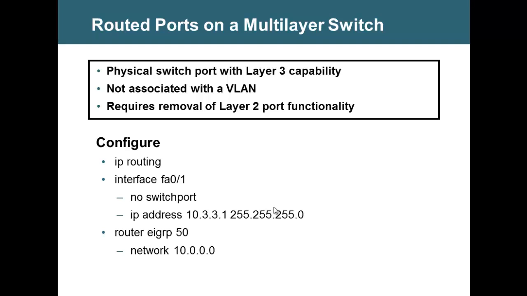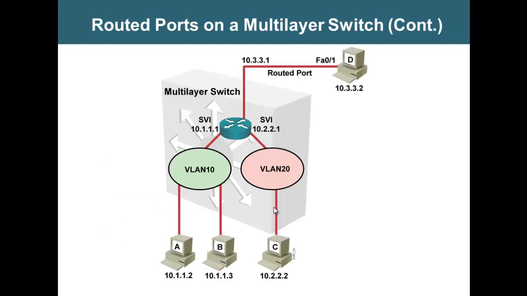So, routed port on a multi-layer switch. What is the routed port? Now, what we saw now is a VLAN interface. SVI is a VLAN interface, interface VLAN. Now, if I want to give an IP address on the physical interface itself, on the multi-layer switch, I have an interface. See, this is the interface. For this interface, I want to give